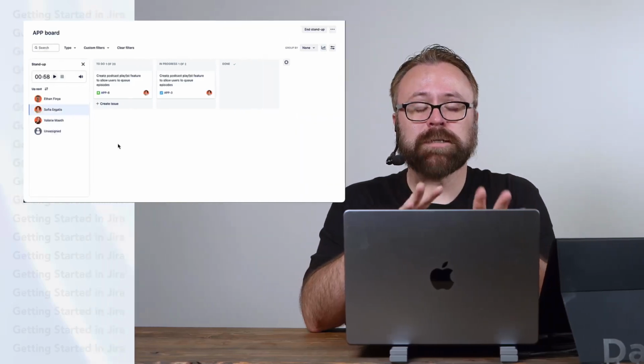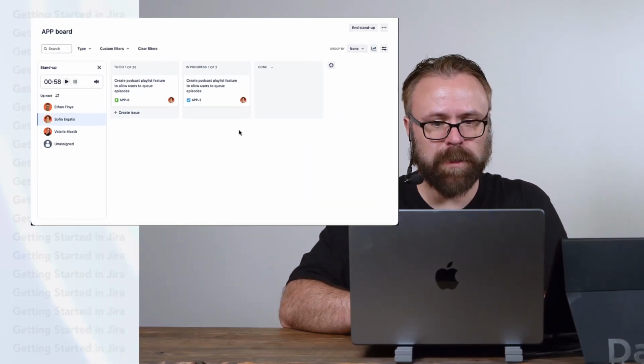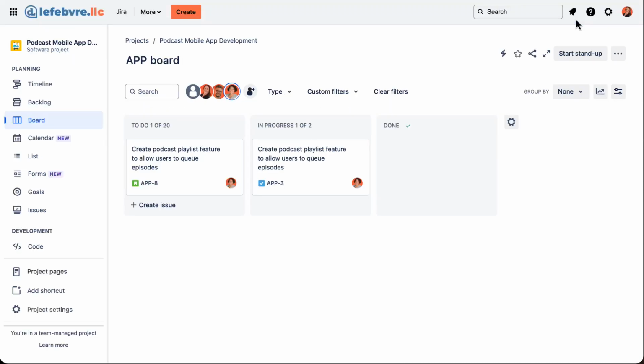what everyone is doing today, what sort of roadblocks someone is facing to help clear them if possible, or at least to know why something isn't being completed. Now, when everyone has had a chance to go, you end the stand-up and everyone gets to work for the day. So ending the stand-up is as easy as coming up here, go end stand-up, and it'll take you back